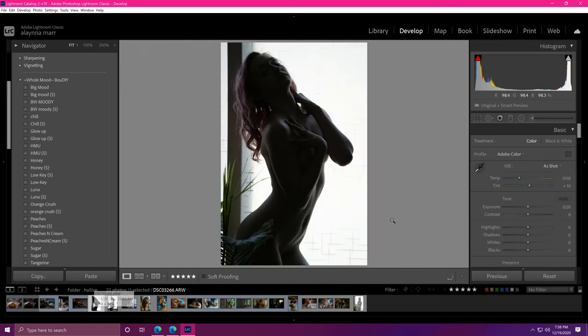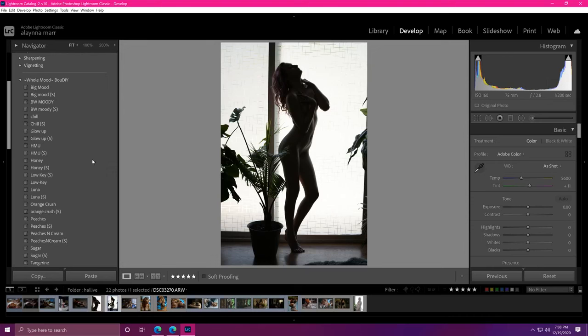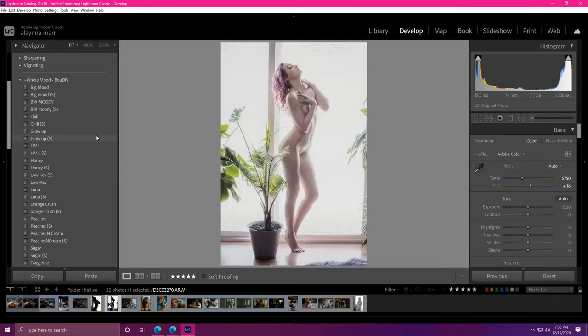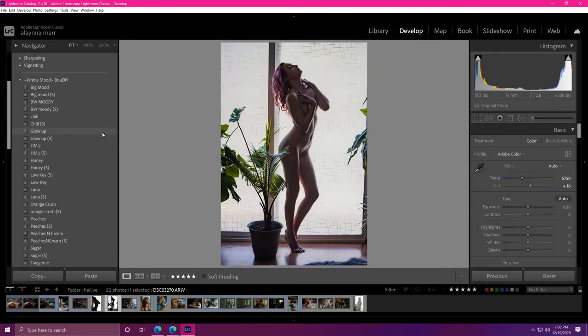If Lightroom will want to try it. So here's my really dark picture. I'm just going to do my auto. Let's do something. Oof, we don't want to go that bright. Let me pick this further out picture. I ain't trying to get in trouble. There we go. Okay, so we'll do our auto white balance, and then we're gonna do the darker glow up